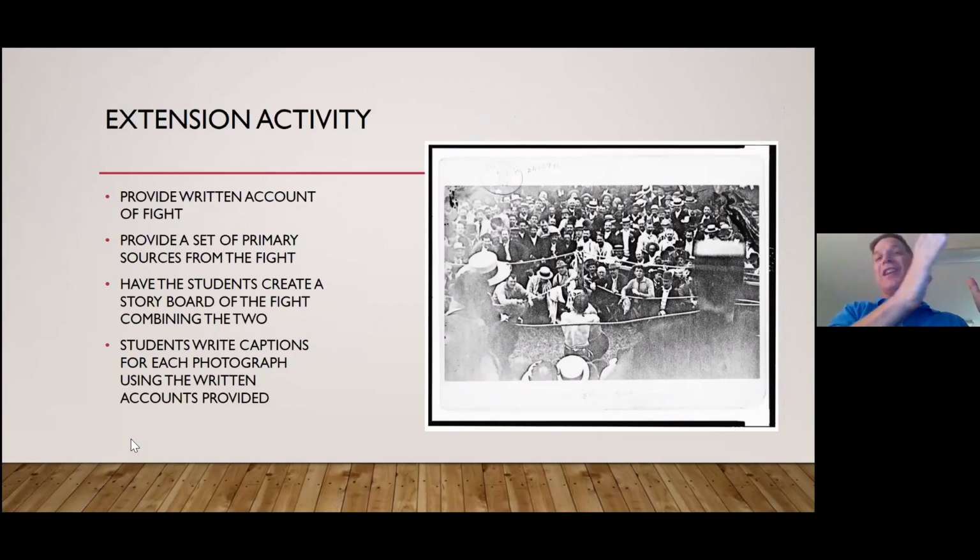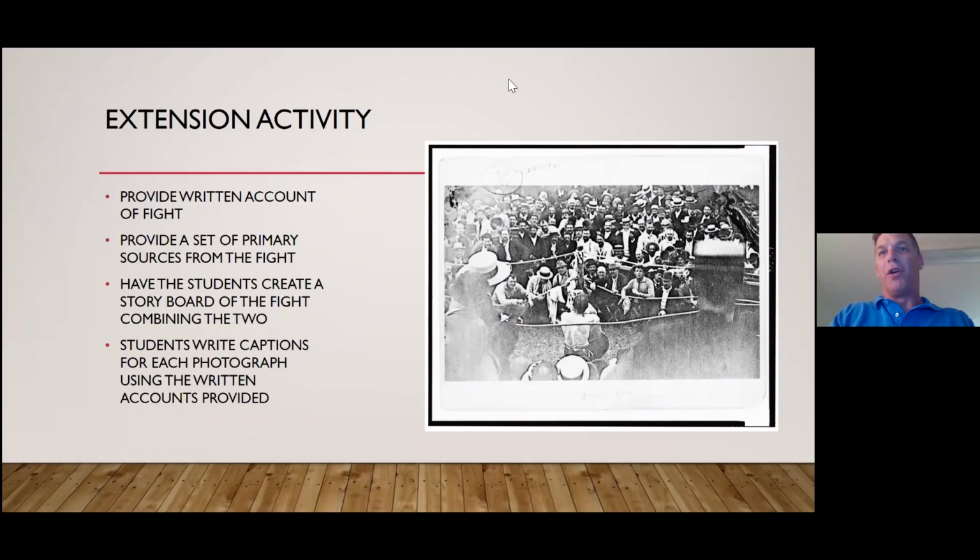You could find enough of the images and provide the students about 10 images from throughout the fight, because there's a couple of times when Jake Kilrain has the upper hand. Using the images that have little captions, the students can create a storyboard about the fight, combining some of the primary sources and maybe some of the other secondary written accounts. So there are some neat things you can do. You can not give them the captions and have them provide captions. These are extension activities, writing with them beyond using the explanation